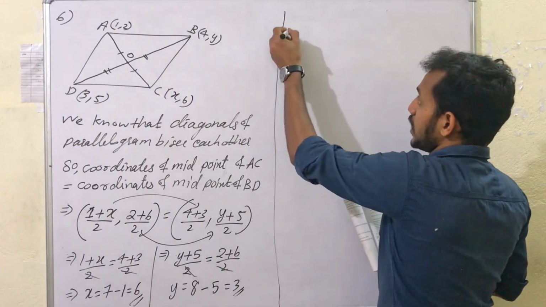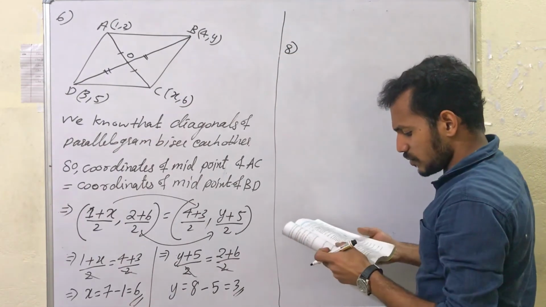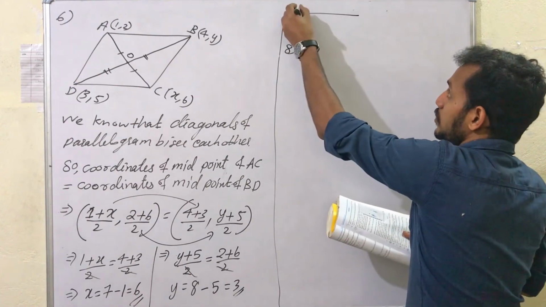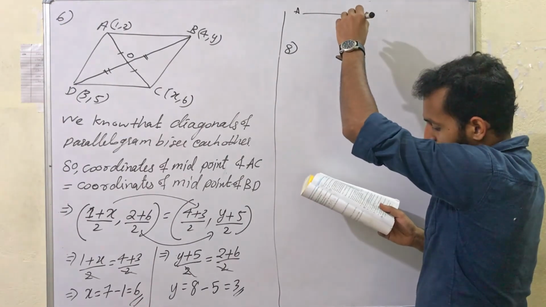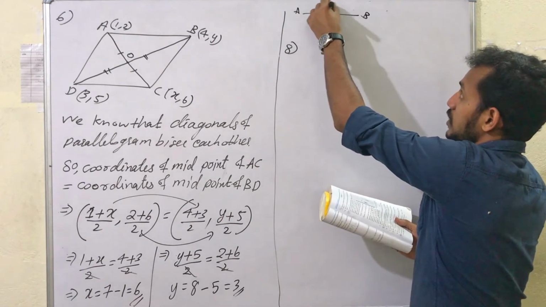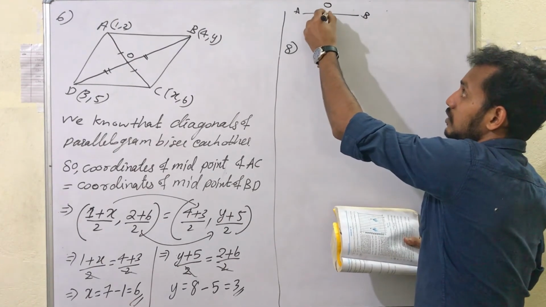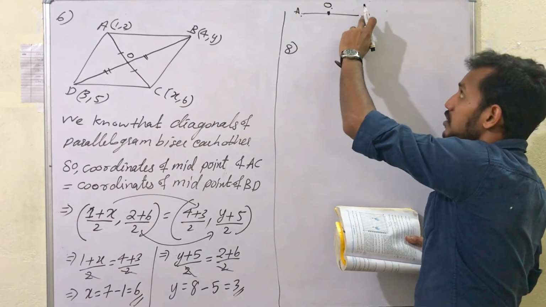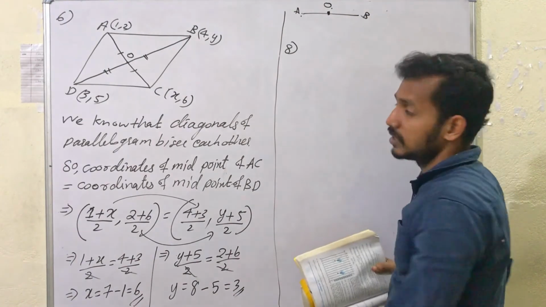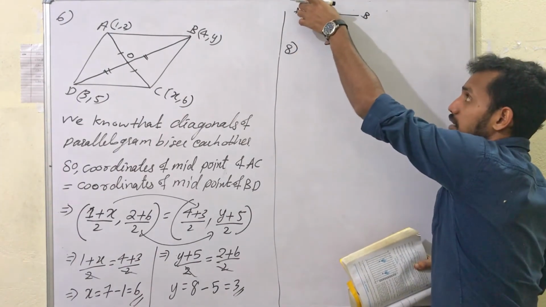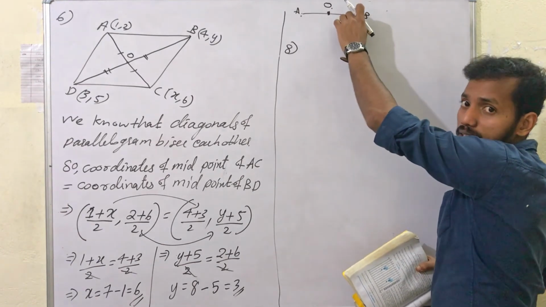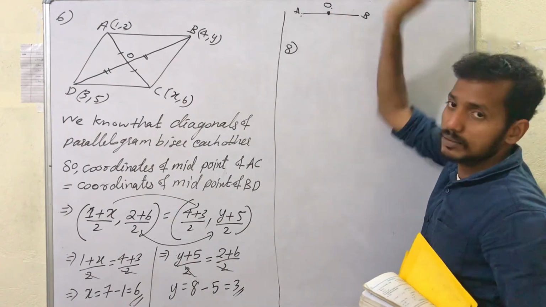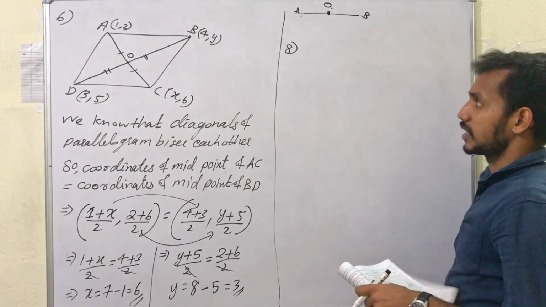Now question number 8. Question number 7 is very simple. Find the coordinates of point A, where AB is the diameter and whose center is given. Suppose center is O, then O will be the midpoint. So if these two coordinates are given, you can easily find the coordinates of B by using the midpoint formula. Clear? Because the relation between the radius and diameter is 2 times the radius. That is, coordinates of center will be equal to the midpoint of the diameter. That is the important thing you will need to remember in this case.